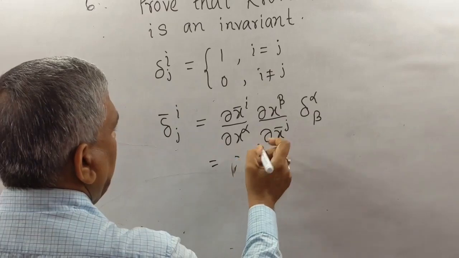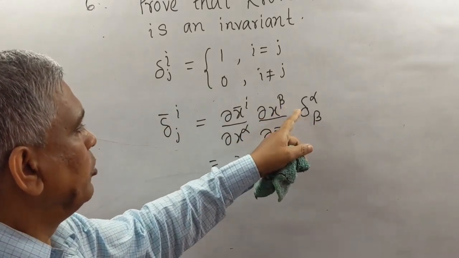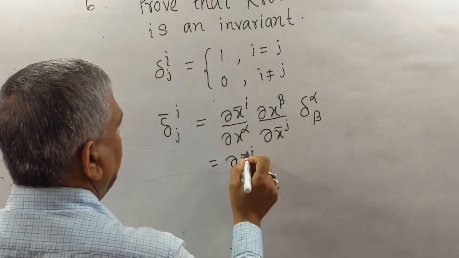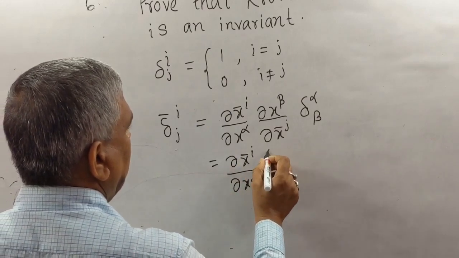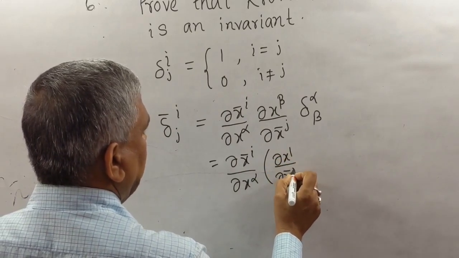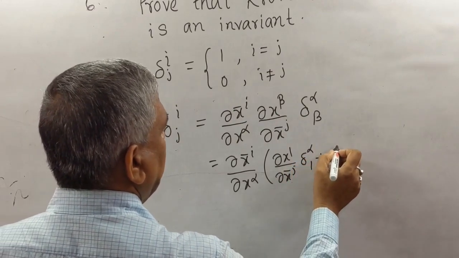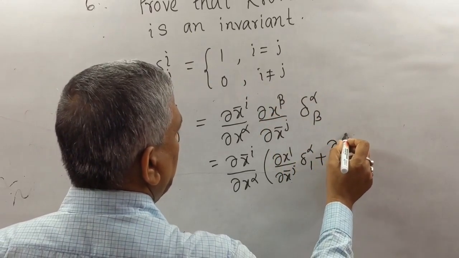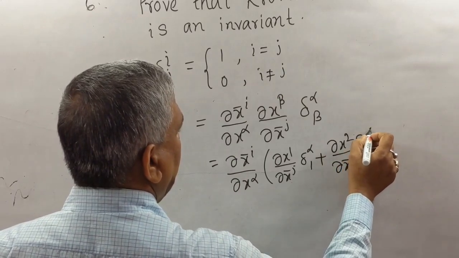Here beta is a dummy suffix, so we may expand this as del x bar i by del x alpha, del x1 by del x bar j delta alpha 1 plus del x2 by del x bar j delta alpha 2,